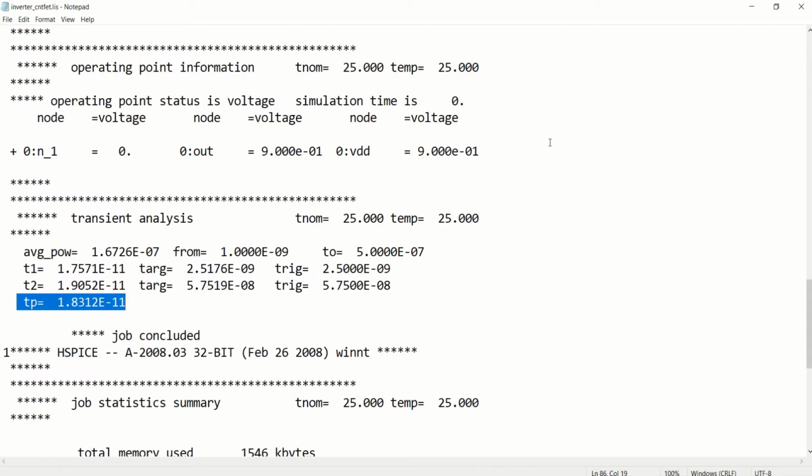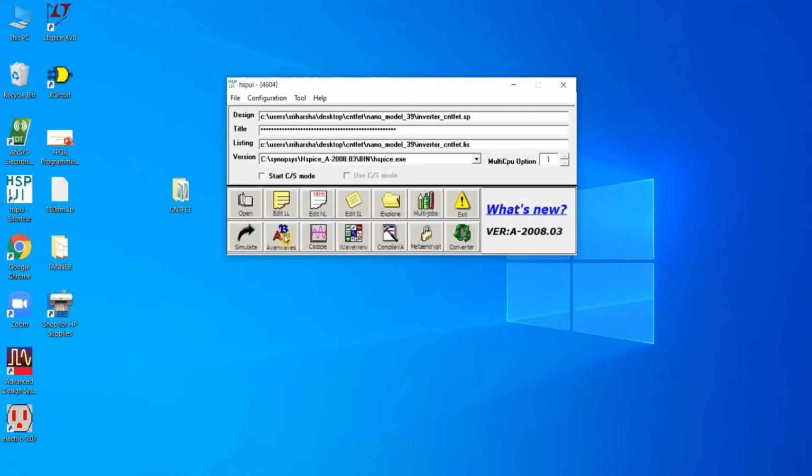That is for the 19, 0 dimension. You can see the output by going into the run, Evanwaves.